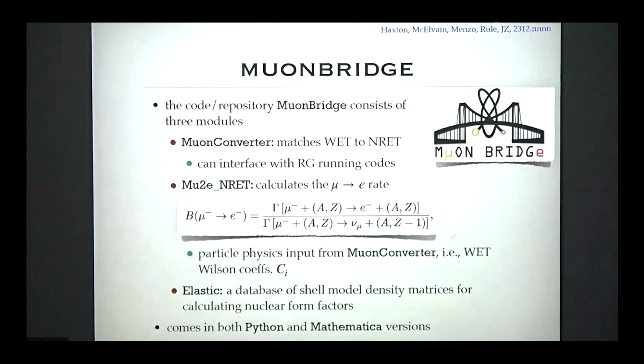So there's this elastic part of the repository. It's just a list of files for the different nuclei. And of course, it doesn't matter what you use this for. Half of them are there because of dark matter experiments. So there's a lot of xenon files there, germanium, silicon, aluminum. I mean, it's a whole list. I think carbon is there. Some lighter ones. It's a long list that is done already, but you could just add more.